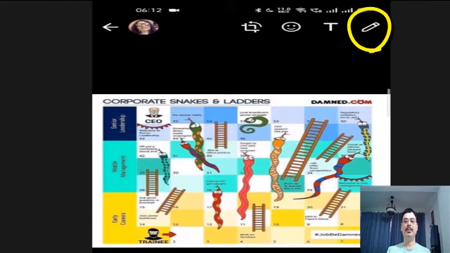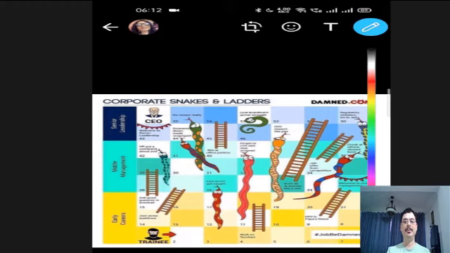and there is a pencil mark on the right top. You can touch it and you get a bar in which you choose the color you want to draw with. You can select the color and you will see the pencil mark turning into that color, and you can use your finger to draw whatever you want in whichever way you want. And you can also delete it by touching the back button one by one.